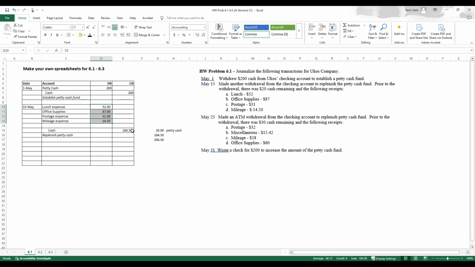some minor difference. And so if we're going to get back up to $200, then we need to only replenish 180, right? Because we had $20 left over. So 180 gets us back up to 200. But for some reason, we don't know why necessarily. This is kind of a miscellaneous thing. But we have $4.50 too much in our petty cash box now compared to the receipts that we